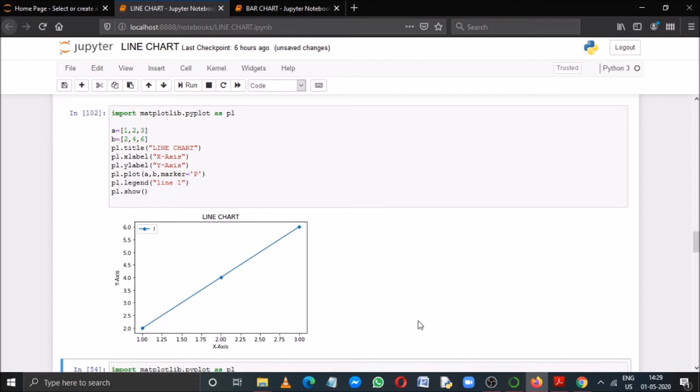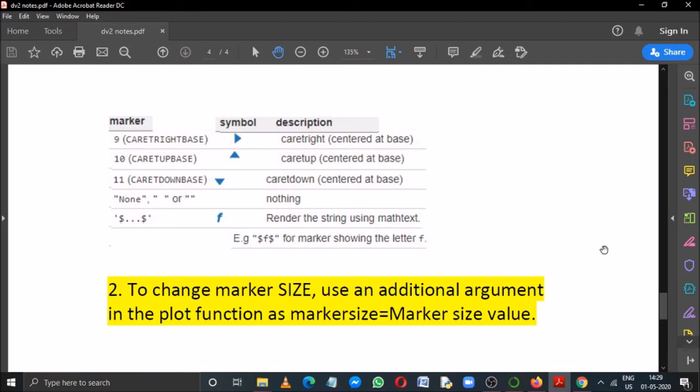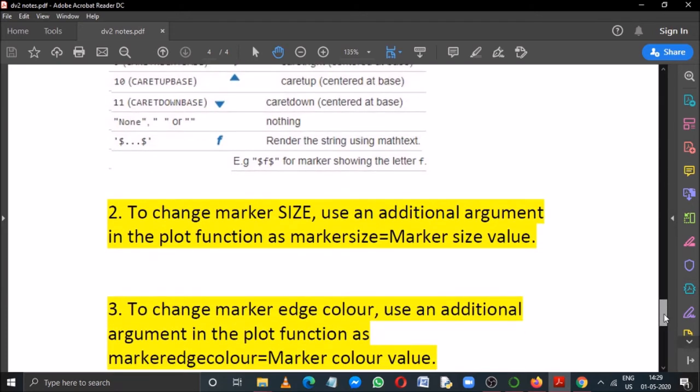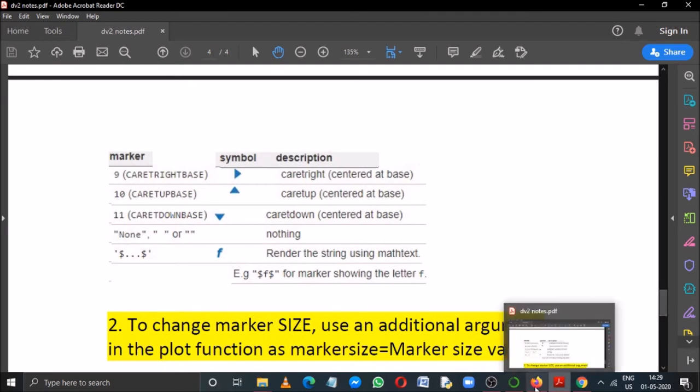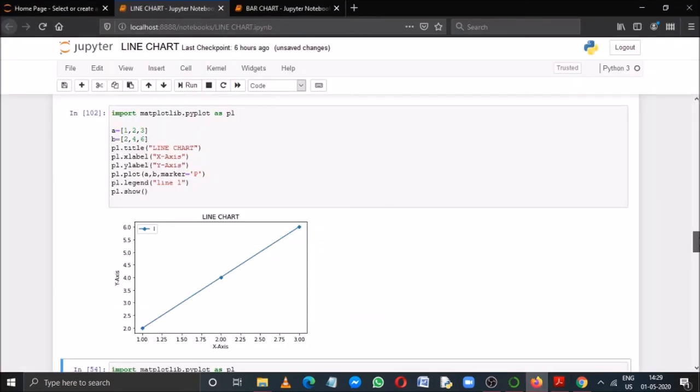So now I want to increase its size. So how to do that? See, for that purpose another argument is available. The argument name is marker size, and you can write this argument within the plot function with a suitable size along with it. Now see how to do it with an example.